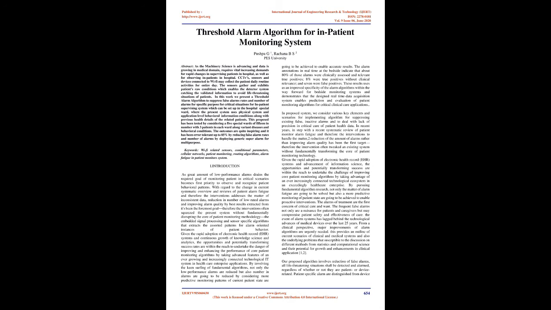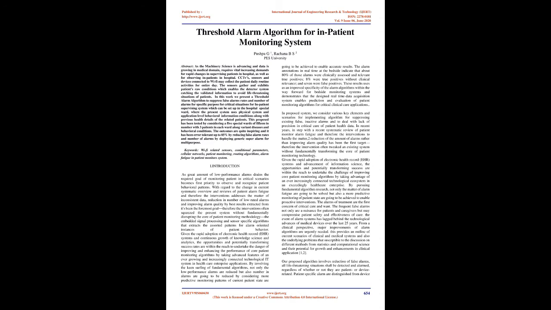Therefore the interventions often squeezed the present system without fundamentally disrupting the core of patient monitoring methodology, the embedded signal processing and sensor-specific algorithms that extract the assorted patterns for alarm-oriented instances of patient behavior. Given the rapid adoption of electronic health record (EHR) systems and continuous growth of data science and analytics, the opportunities and potentially transforming success rates are within reach to undertake the challenge of improving and enhancing the performance of core patient monitoring algorithms by taking advantage of an ever-growing and increasingly connected technological IT system in healthcare enterprise